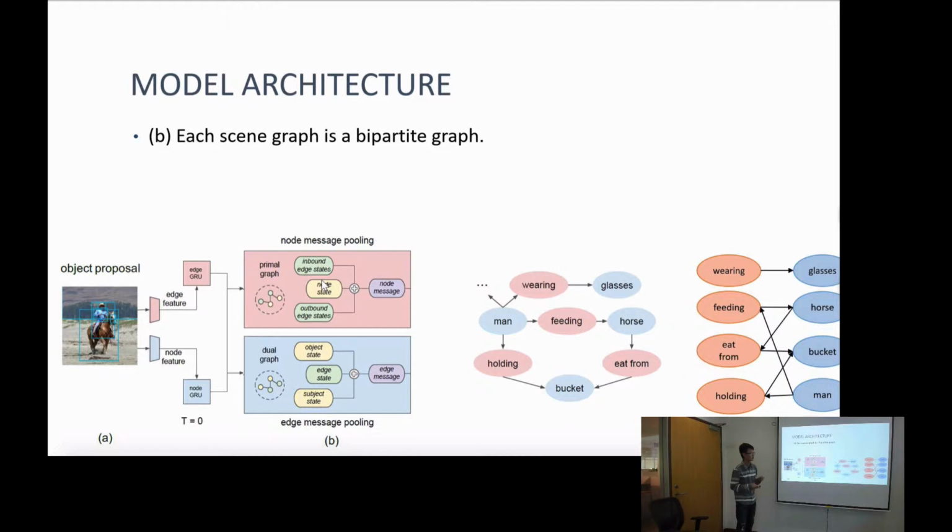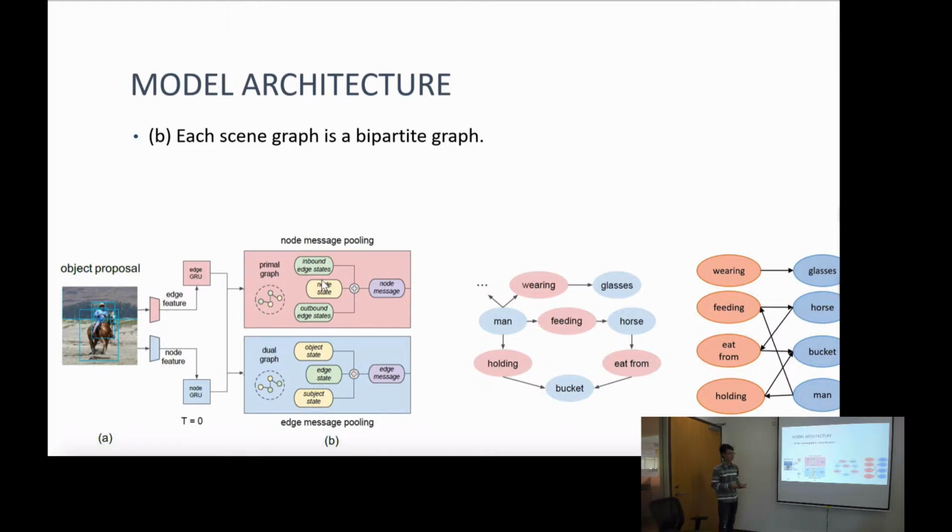So there is a link from man to feeding and then from feeding to horse. Right. So it is impossible that there is a link between two objects, horse and bucket. It is impossible because there must be a relationship between these two objects. And then, after we get this kind of bipartite graph, we can input this graph into this